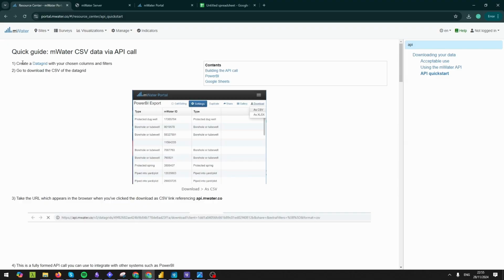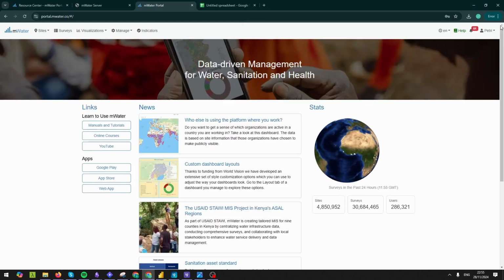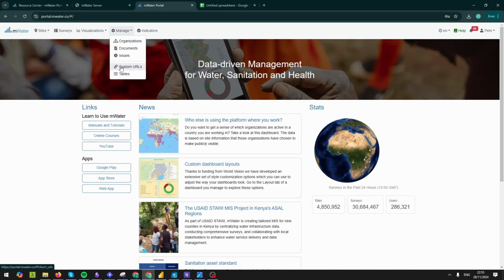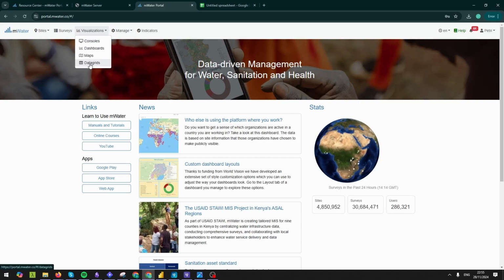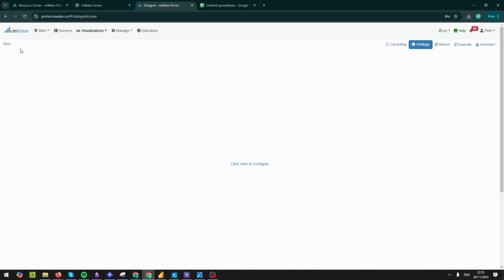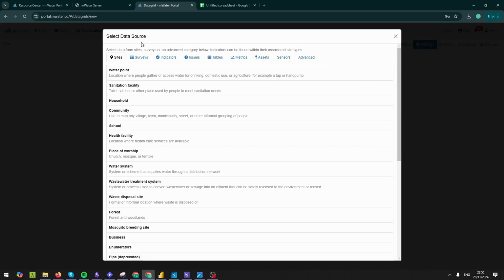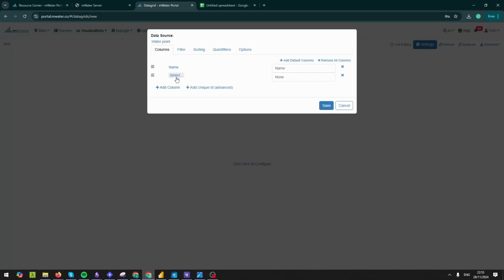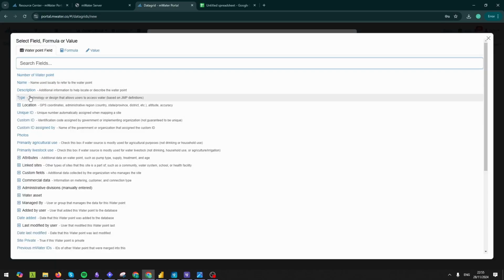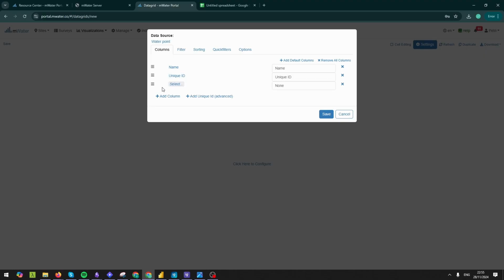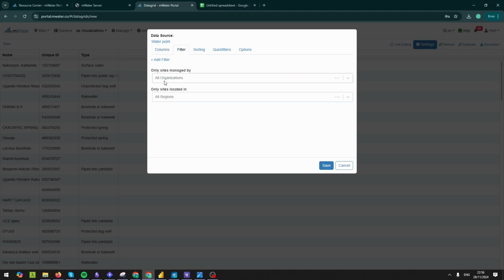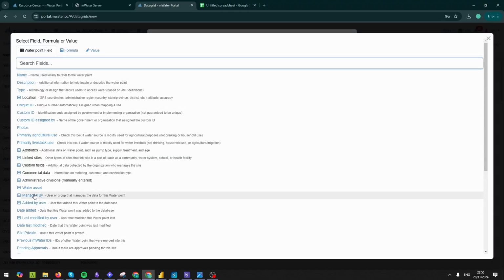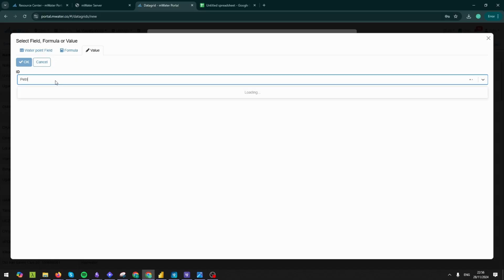So let's follow along. Let's create a data grid with your chosen columns and filters. I will, here in the portal, go and create a data grid. Let's say I want to just display some information about water points that I control. So I'm creating a table with the name, unique ID, and perhaps type of water point that I then filter down to ones, let's say managed by my user account directly